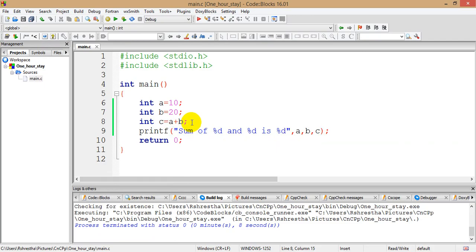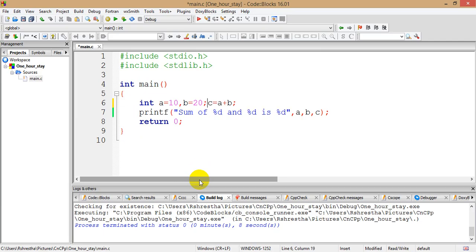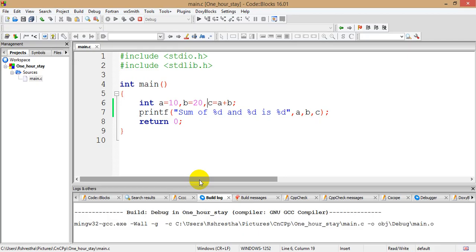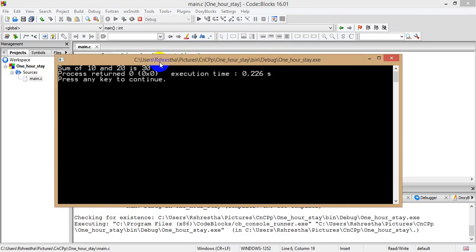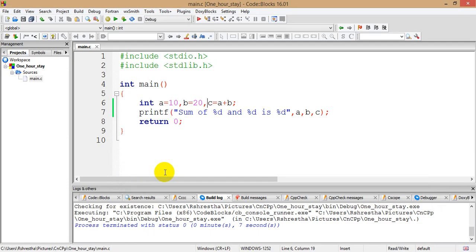Now whenever it's possible, we want to write as little as possible, so we'll be doing all these things in a single line. Integer a equals 10, b equals 20 and c equals a plus b. Now let's press F9 and here comes our output. Sum of 10 and 20 is 30. Same output, but it's less code. Okay, now